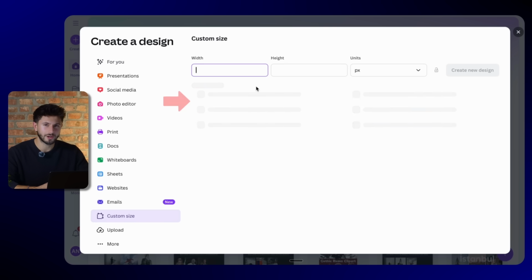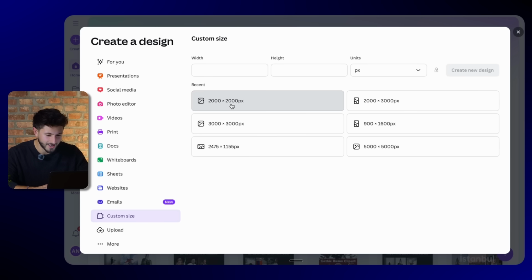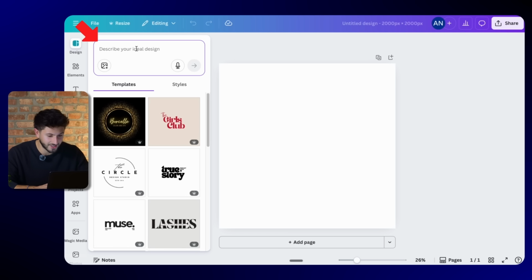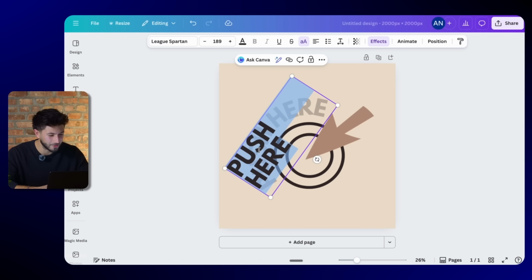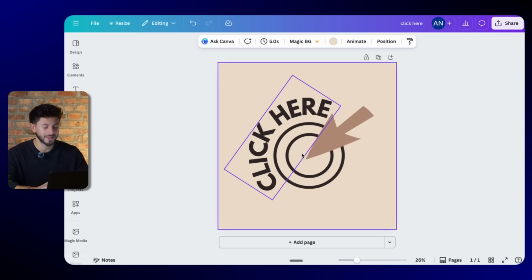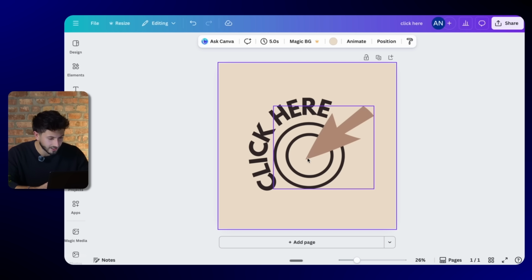Just open up a 2000 by 2000 pixel document. And then I'm literally just going to type in here and say something like "click here." I'm just going to use one of the very basic templates. Okay, I'm just going to change the text on it a little bit. And then the main thing, guys, the most important thing is you just want to click on the